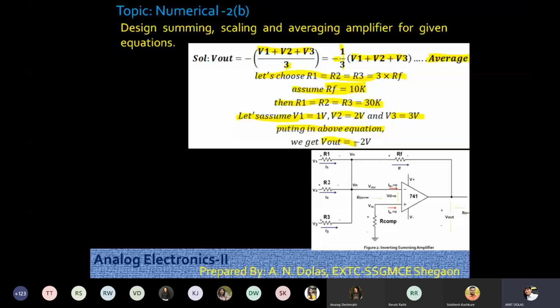It must be more than one. You may use V1 and V2, or V1, V2 up to Vn, because the input impedance of the op amp is very, very high. That is infinite. That's why there will not be any loading on the device, which is the op amp, if we connect any number of sources to this device.